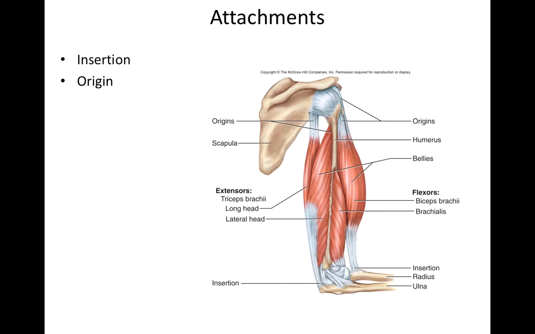action there. Biceps brachii has attachments in the shoulder and in the forearm. When you flex your elbow, the shoulder attachments stay very stable while the forearm attachments are moving. So using the classical definition, the shoulder attachments would be the origin, the forearm attachments would be the insertion. Now,